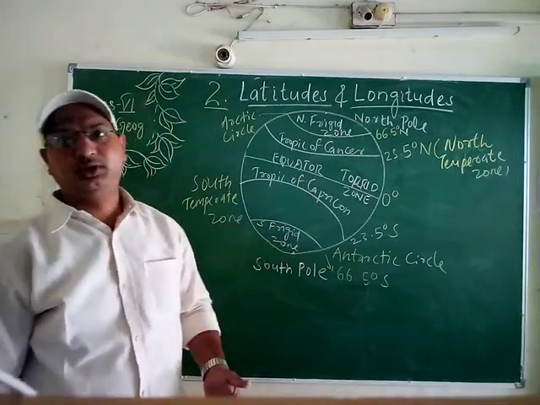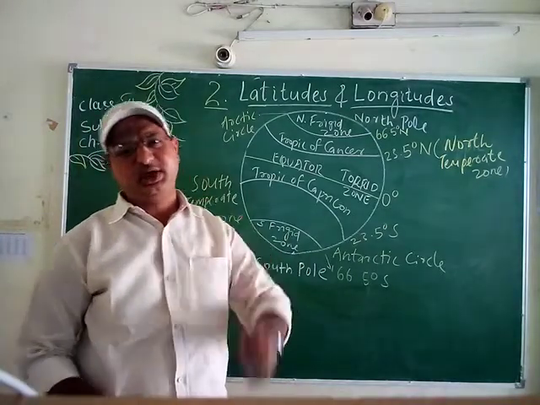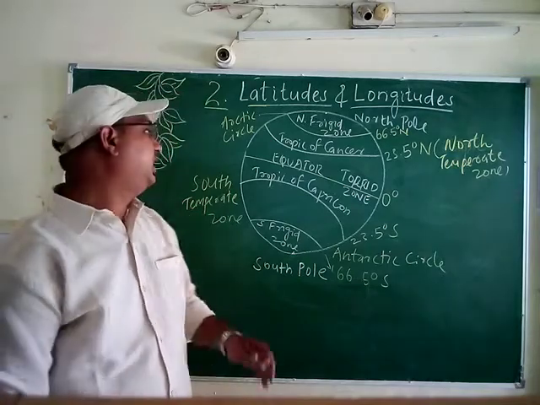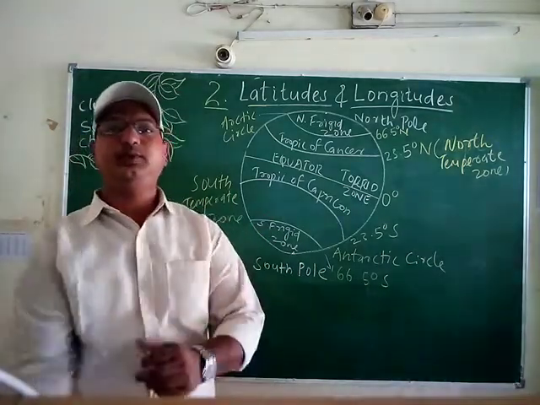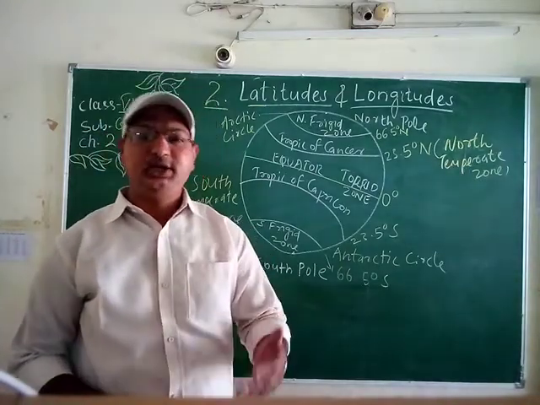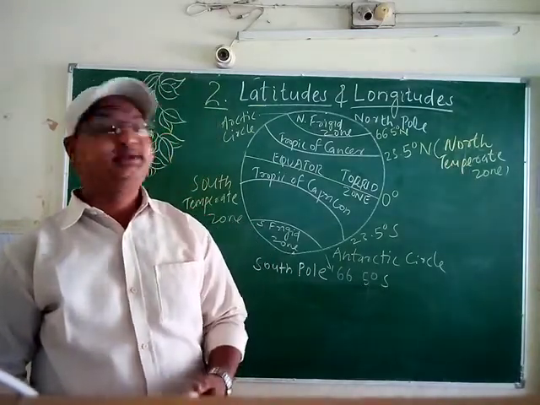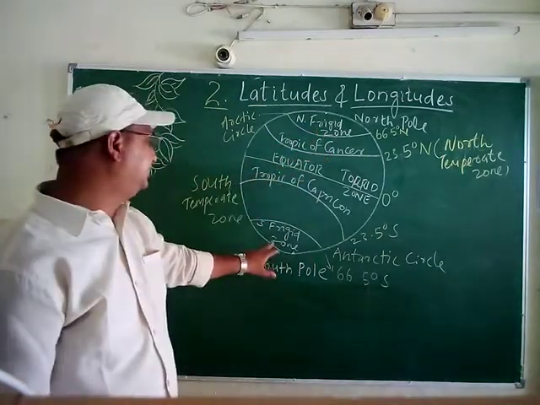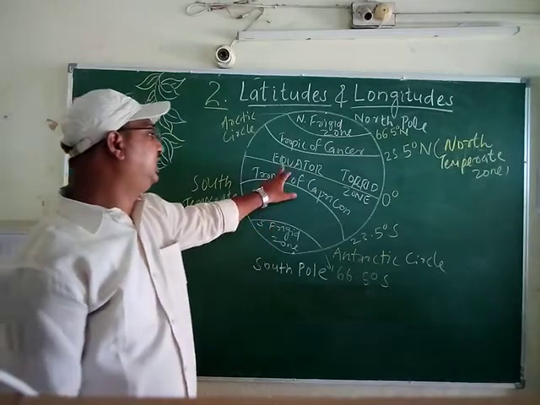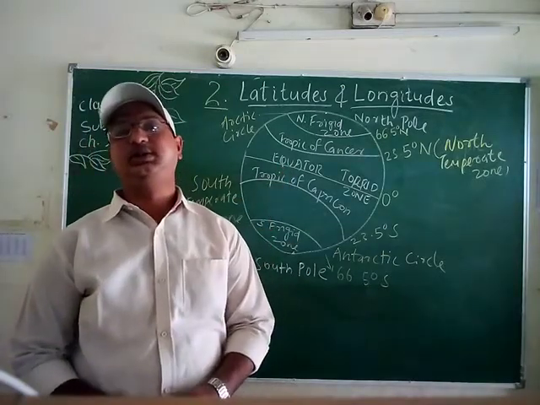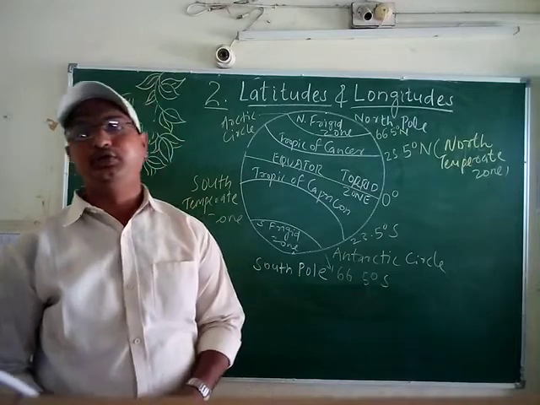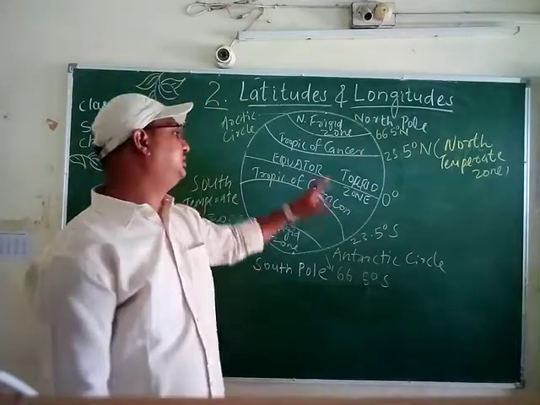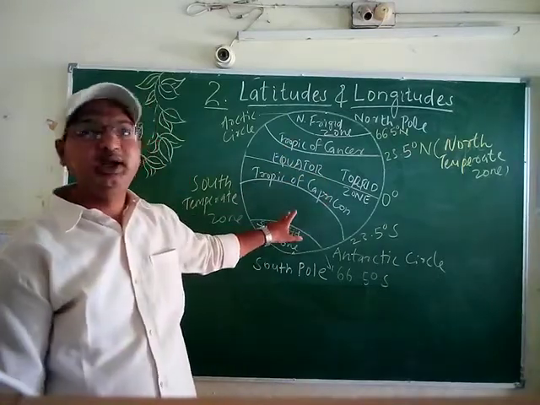Sorry, I made a mistake: there are three types of heat zones, the torrid zone, the temperate zone, and apart from it, the next zone we will study in a few minutes. But before that, please look at the diagram. This is the North Frigid Zone, this is the South Frigid Zone, and this is the equator. This is the largest or the longest latitude on the earth. And as the earth is divided into two hemispheres, this is the northern hemisphere and this is the southern hemisphere.